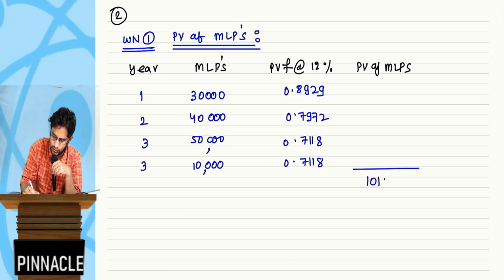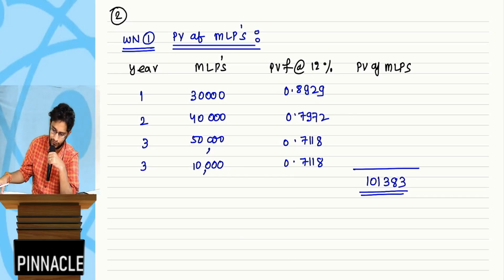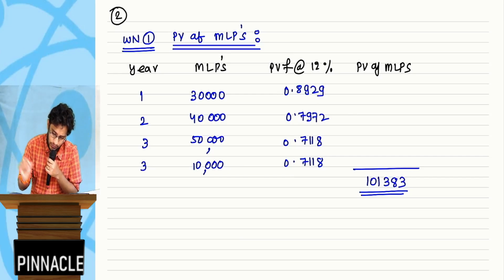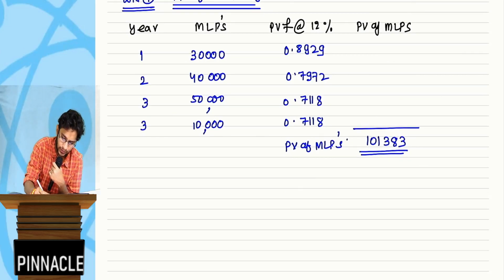I am having here 101,383. 101,383 is the PV of MLPs. So guys, this is your PV of MLPs. Now under this only write